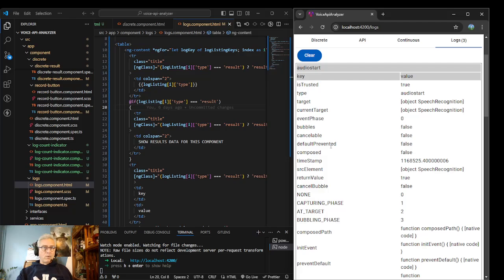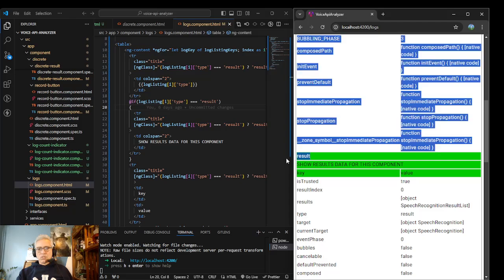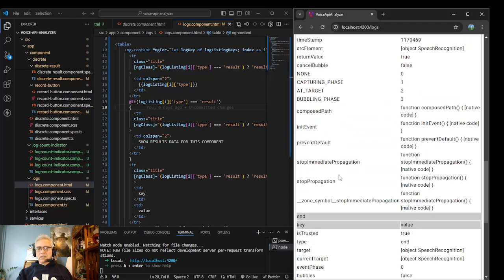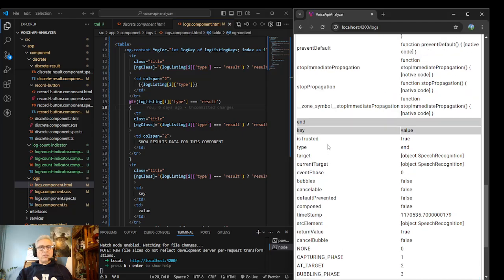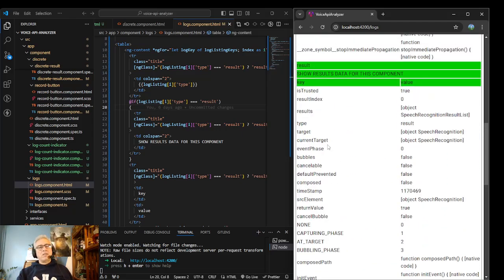Right now we're capturing three kinds of logs: the audio start, the result, and the end. So these are the three kinds of events that we're capturing. And we always show the key and the value of the events. And we do something special for the result log because that's the one we care about the most. The key that we care about is the results, and we would like to see this object recognition list.